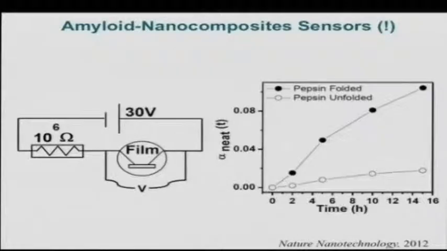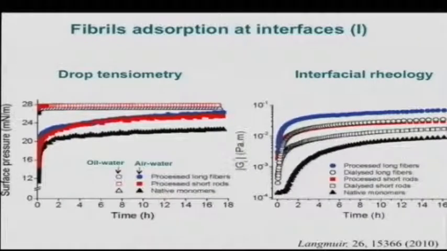This is the pepsin. You see the activity goes up with the observation time. And in the case of properly folded pepsin, if you unfold pepsin either with alcohol or with temperature, so it's not native any longer, you see that it has lost nearly entirely the activity. So that's one example. Here we're dealing with food in this conference, so I want to show you that these fibers are